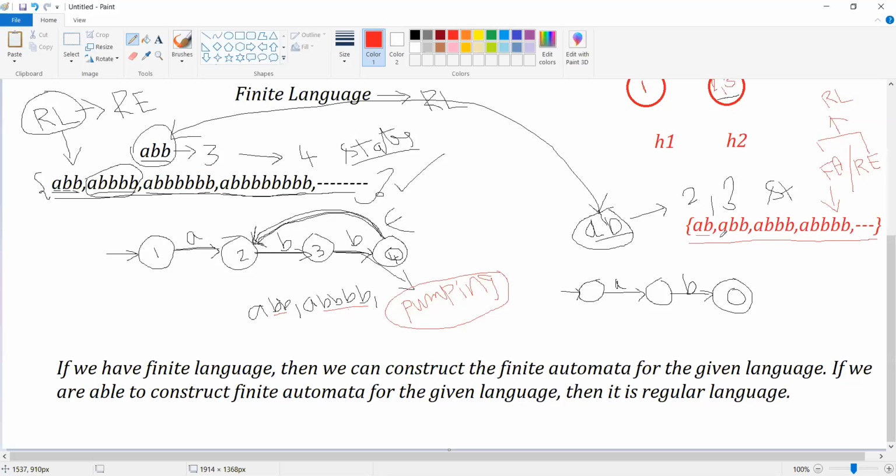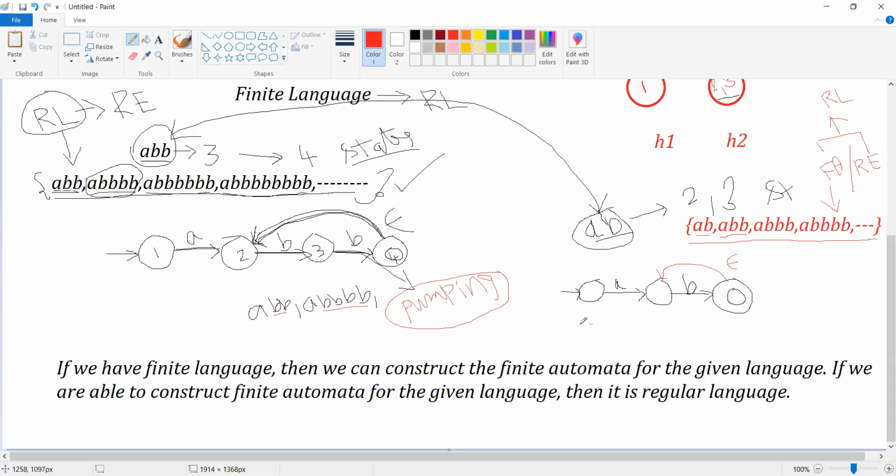Now what do we have to do? We need to make this accept ABB also. Now it has accepted AB. Here I am going to specify an epsilon transition like this. Now please check.